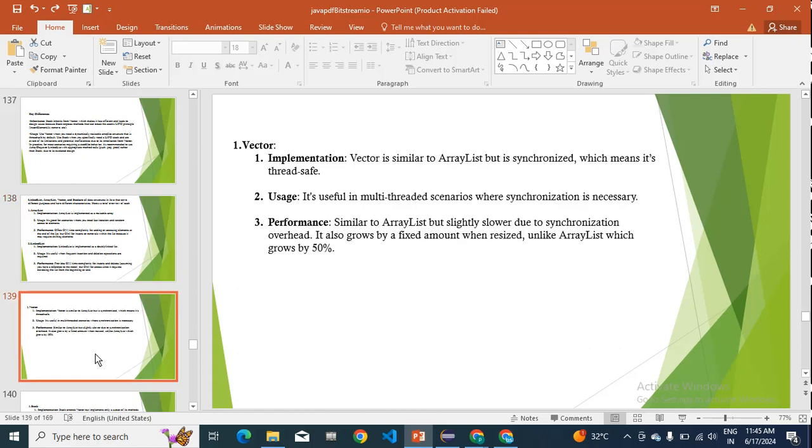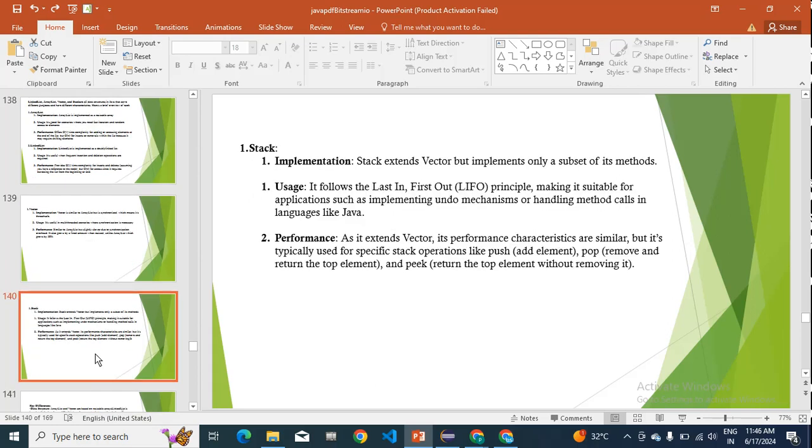And when you will be using the Vector: Vector is similar to the LinkedList, but it is synchronized, which means it is thread safe. So when thread safety is needed, you will be using the Vector. First we will go through all these points and then I'll explain it properly. And over here, see what they are telling: